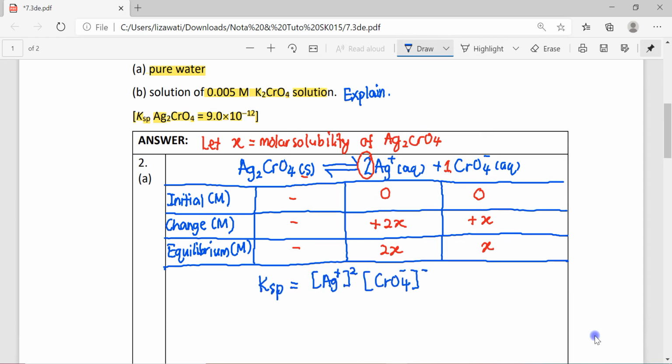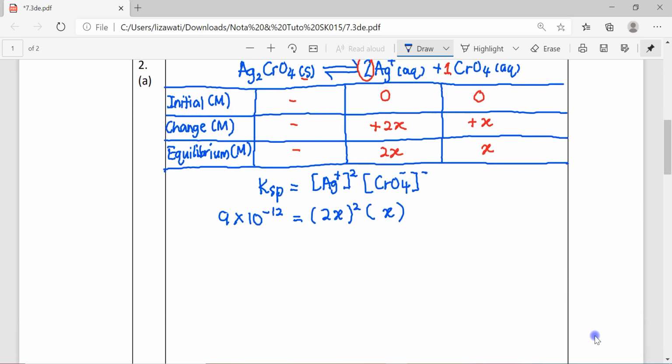Okay, and then substitute the KSP value and the concentration of Ag plus according to the ICE table. This is 2x squared. Concentration of chromate is x. Okay, so from here you will get 4x cubed equals 9 times 10 power of negative 12. So find out the value of x. So when you calculate, you should get 1.31 times 10 power of negative 4 molar. Okay, so therefore, the molar solubility of silver chromate in pure water is